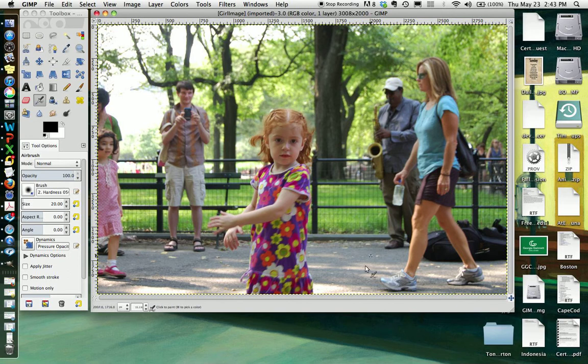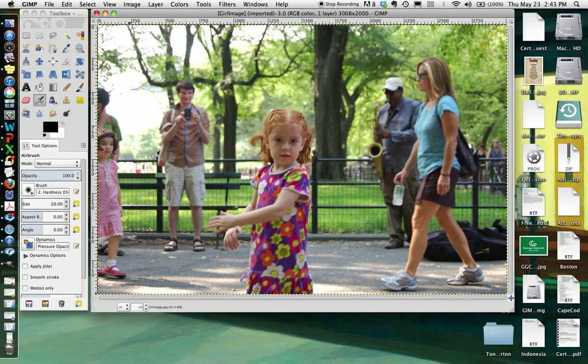Now when you look at this image, if you notice at the bottom, you'll see that this image is actually zoomed at a different level. It's 33.3%. It's not 100% of the image. Basically, when you open an image, GIMP automatically adjusts so that the image fits in the window.